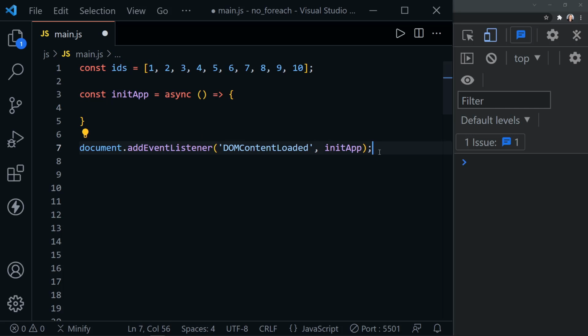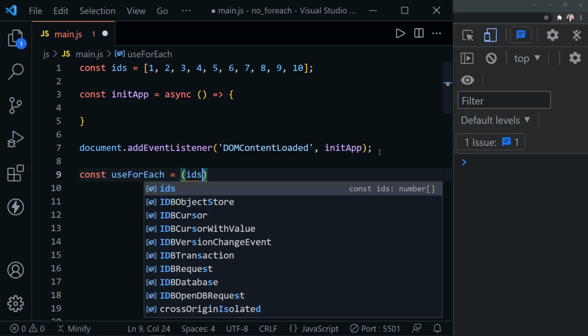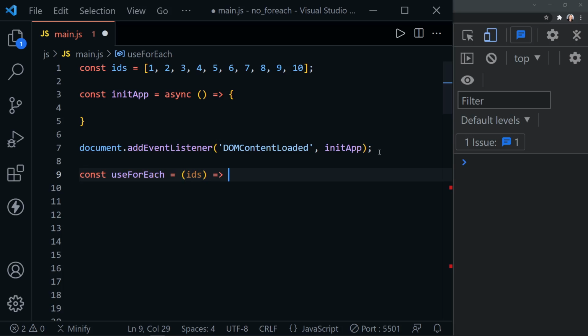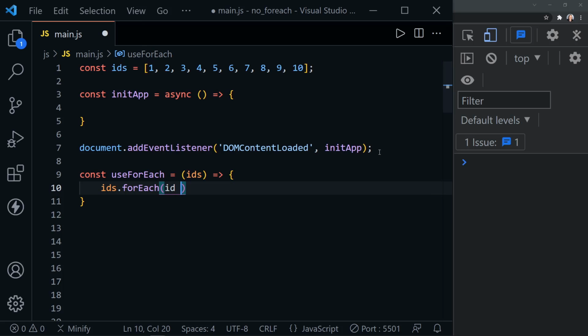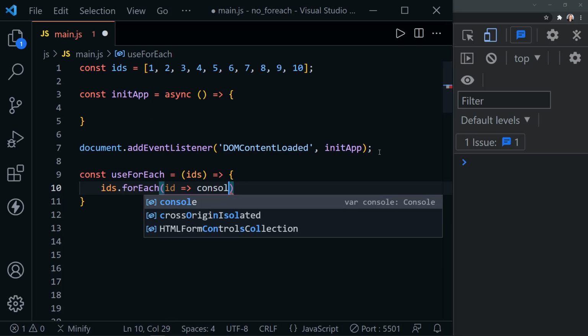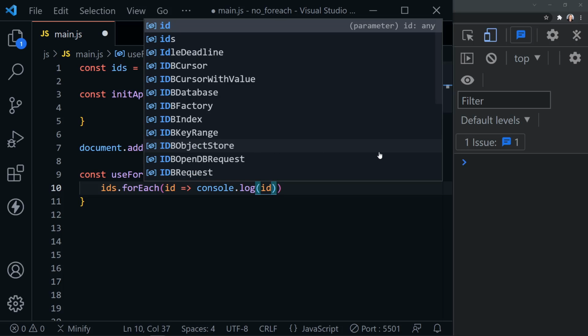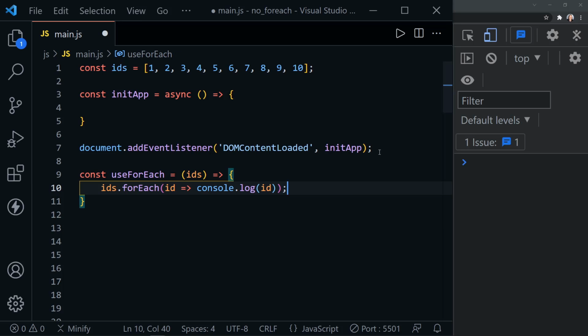Actually, let me put it into a function that we can call. I'll call this useForEach. We'll pass in the IDs array that I have up above that just contains the numbers 1 through 10. Inside this function, we'll take the IDs and call forEach, and then we'll have forEach ID. Let's just log to the console each of the IDs. After that, of course, we need to call this function into action. So we'll put it up here in the initApp function, and we'll say useForEach, and we'll pass in